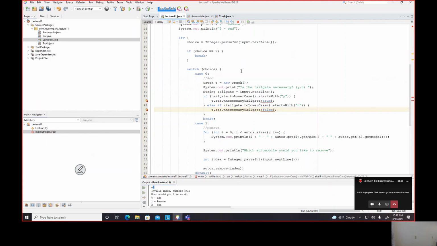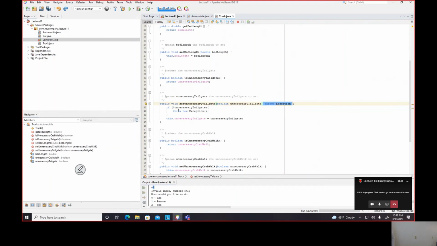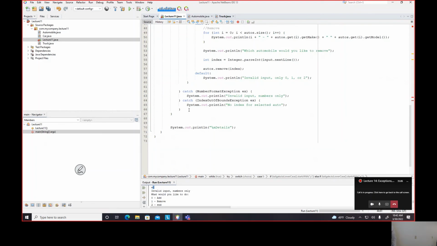But you see, I have an error. That's because this method throws an exception. It throws that exception that we told it to do. We're throwing a new exception, right? And we're declaring it as such in the method signature. Hey, when you call this method, make sure you account for this exception, as it can occur. So what we need to do at this point is provide the catch statement here. Catch exception ex,